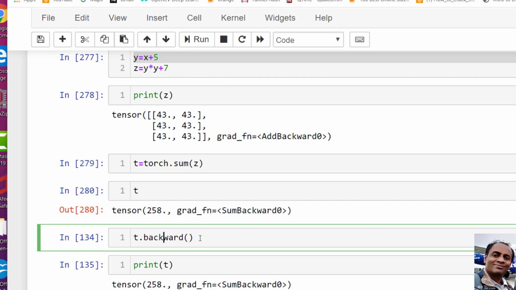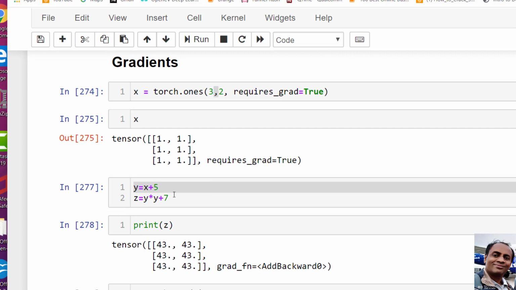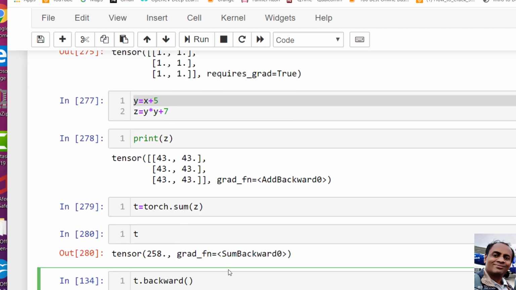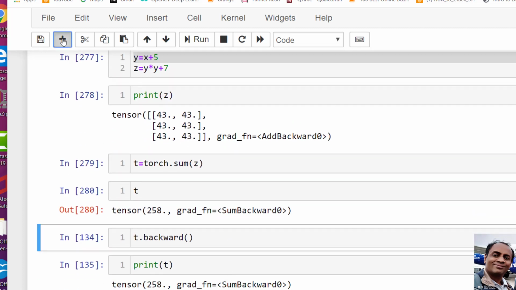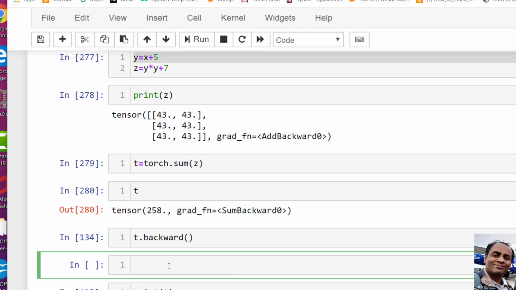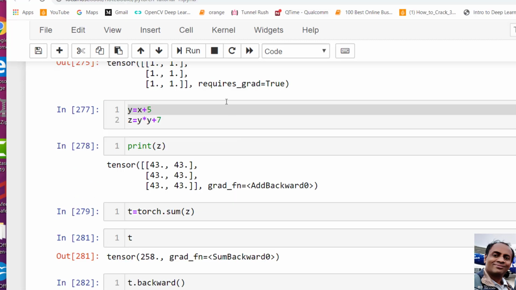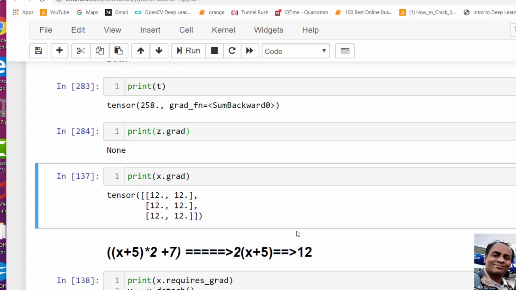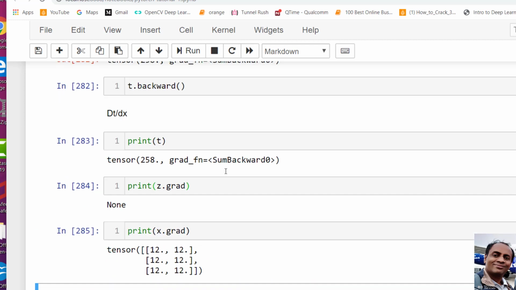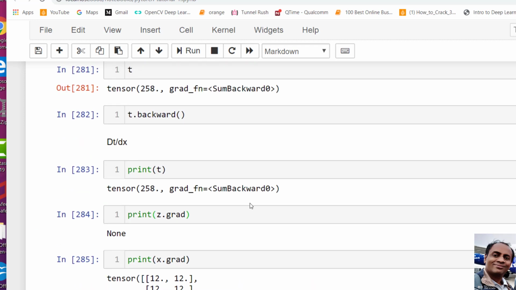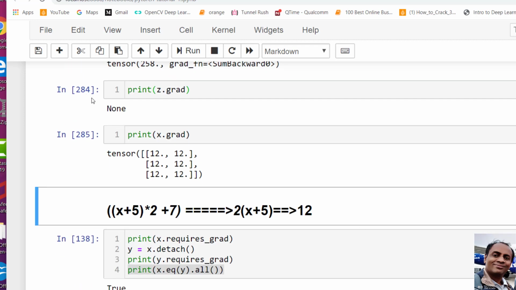T dot backward is going to calculate the gradient all the way up to X. In mathematics, it gives me dou T by dou X. So what is the value of dou T by dou X?